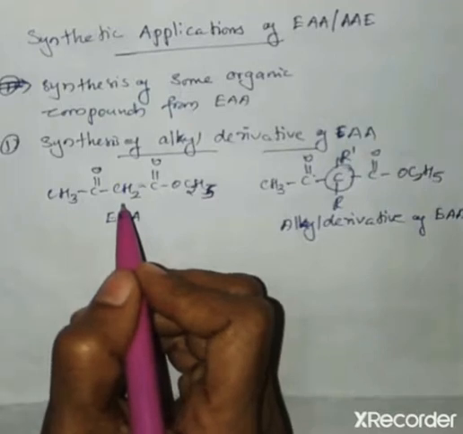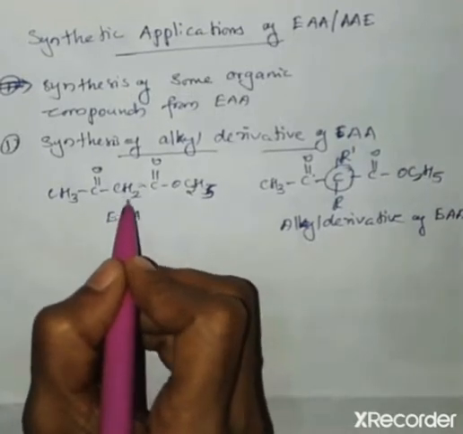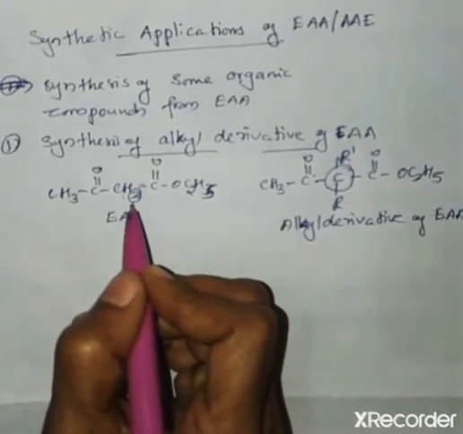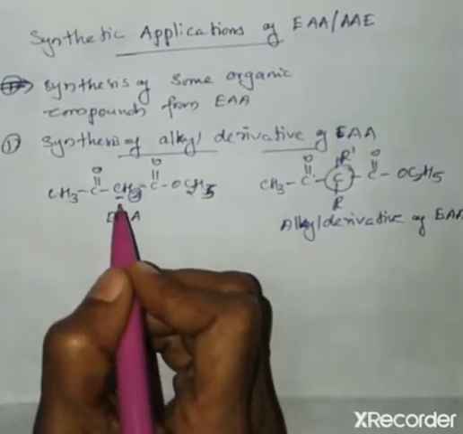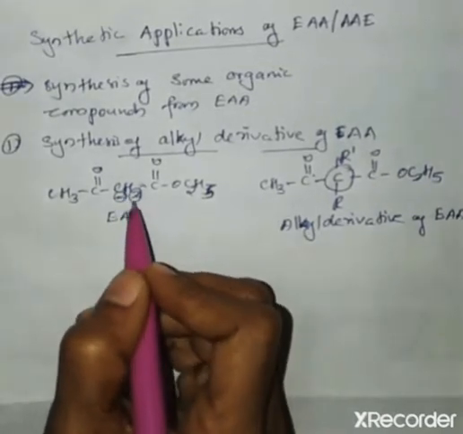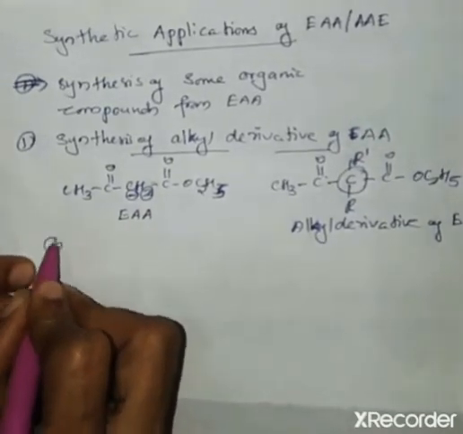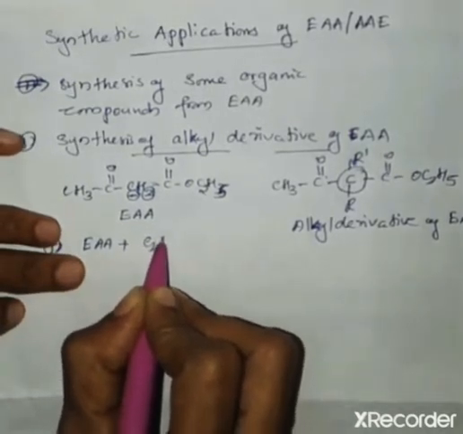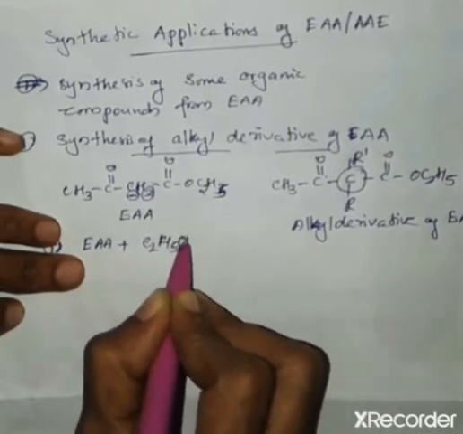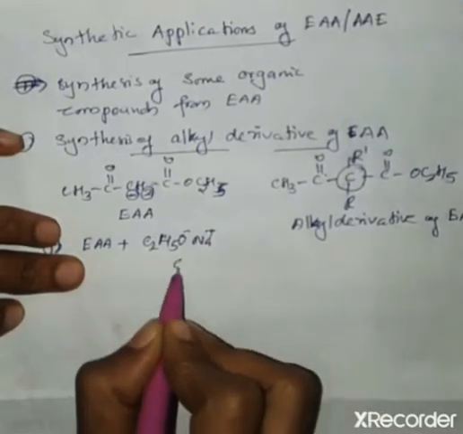In order to remove this methylene hydrogen, we can use a strong base like sodium methoxide. That is the first step, the removal of the methylene hydrogen by a strong base like sodium methoxide. After that, this methylene carbon becomes highly reactive. It acts as a nucleophile. So the first step is the reaction of ethyl acetate with sodium ethoxide, C2H5 O minus Na plus, or OEt minus Na plus.